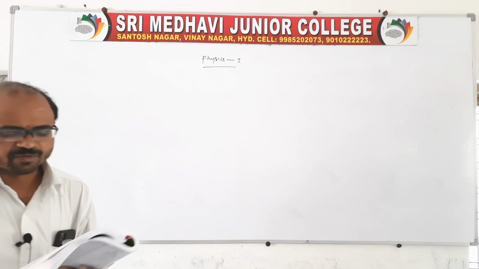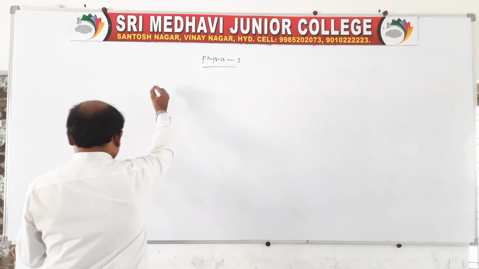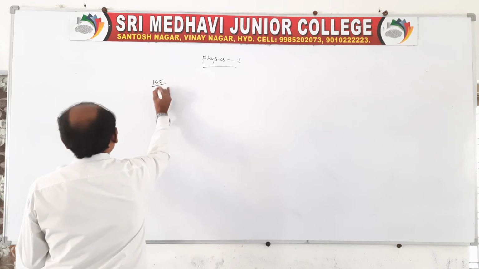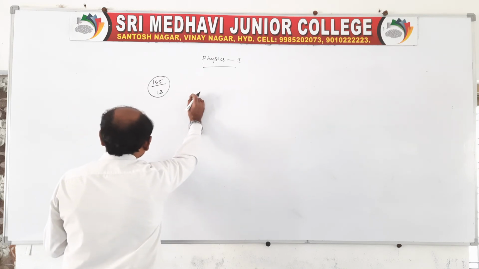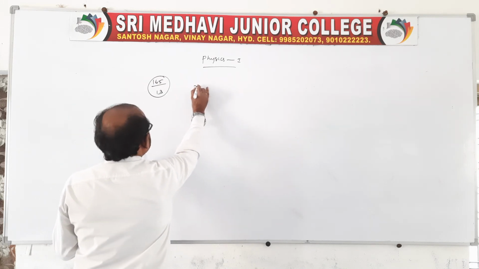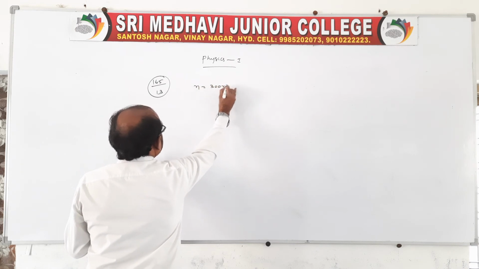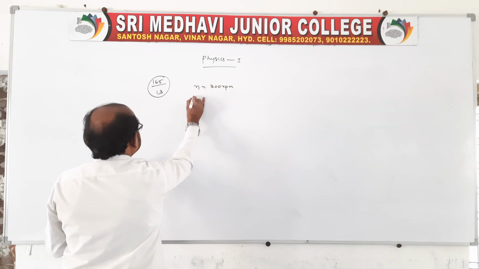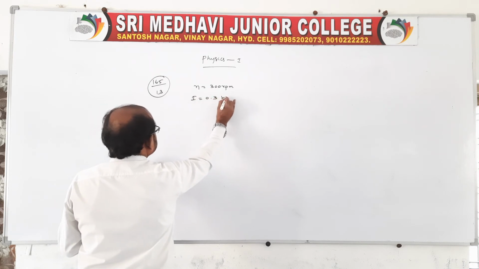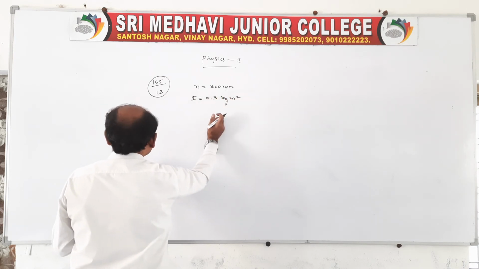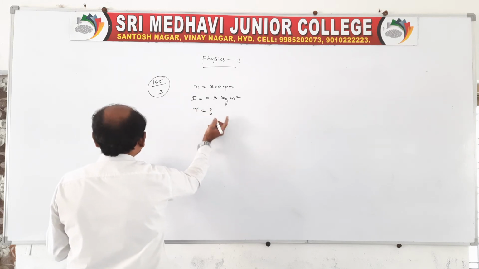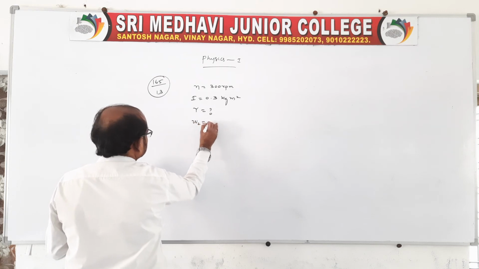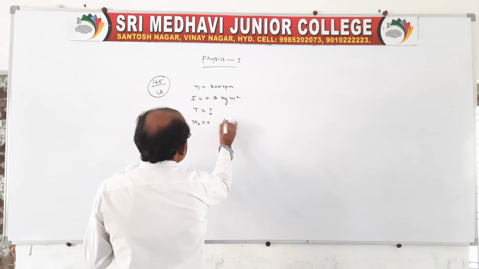The moment of inertia of a flywheel making 300 revolutions per minute, 300 rpm, is given. I is given as 0.3 kg meter square. Find the torque required to bring it to rest. Rest in the sense omega 2 is equal to 0, in a time of t is equal to 2 seconds.